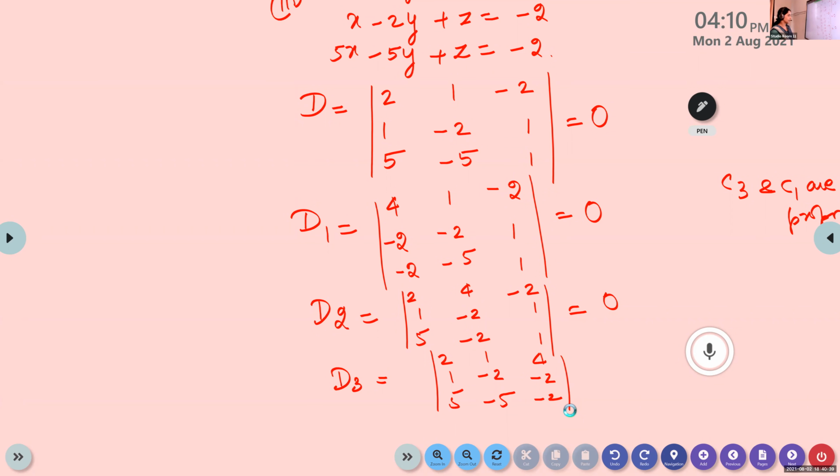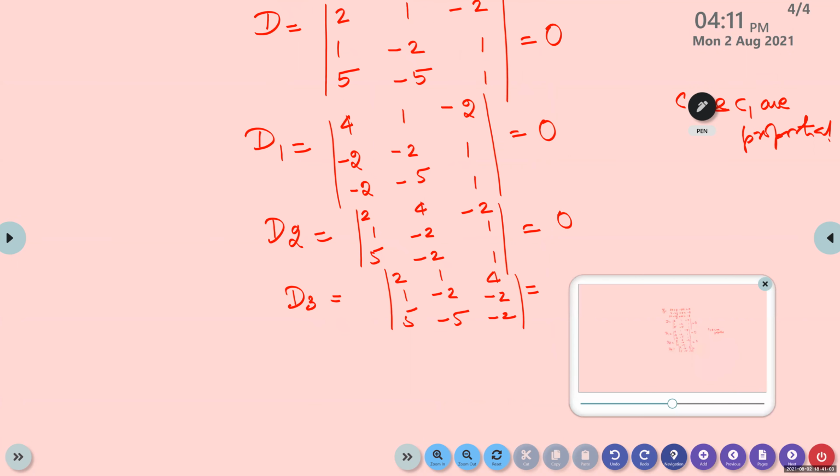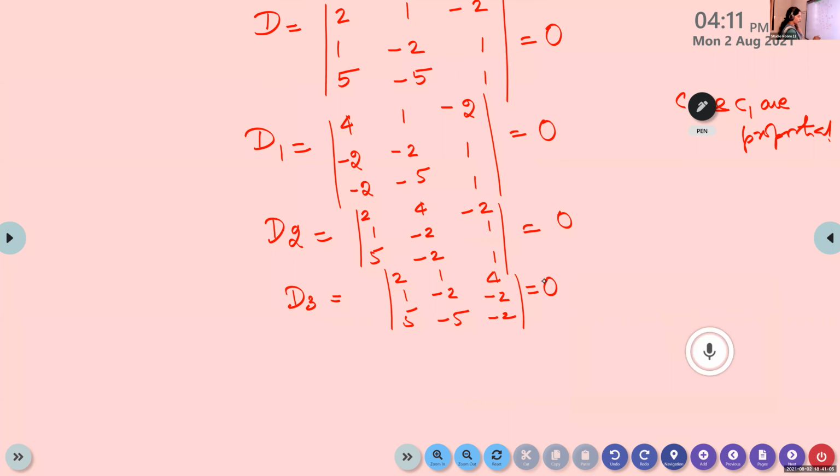What is the answer, Karthik? Ma'am, I got 0. If you are getting 0, it is okay. Aishwarya, please check your answer. What is your answer, Aparna? Anila, Mohanan, give your answer. What is D3? Is it 0? How will you expand it? When you expand it, what you will get? Okay, so it is 0. You should get 0. Check your answers.